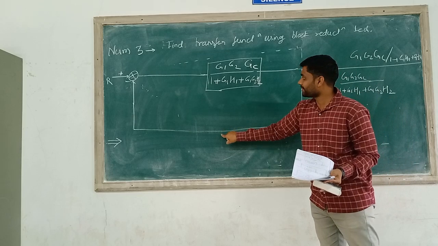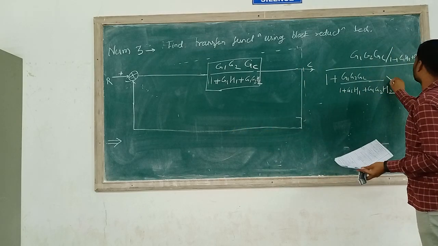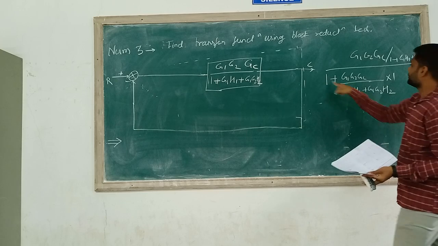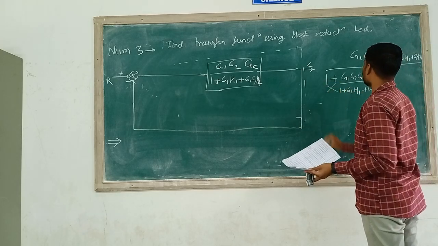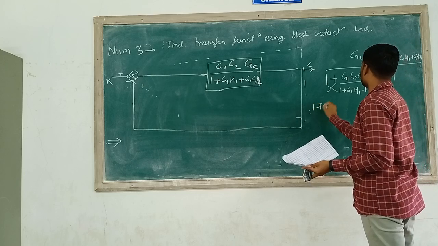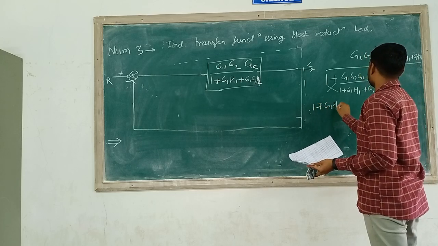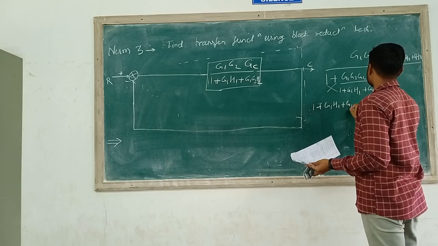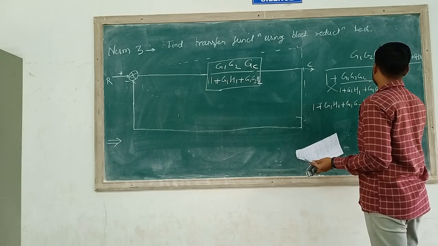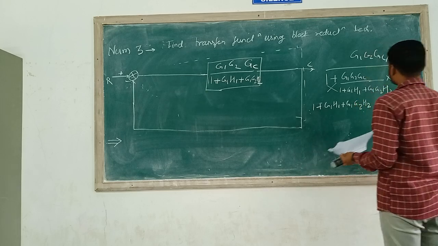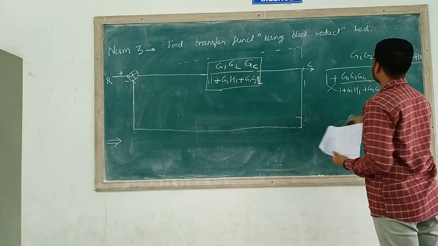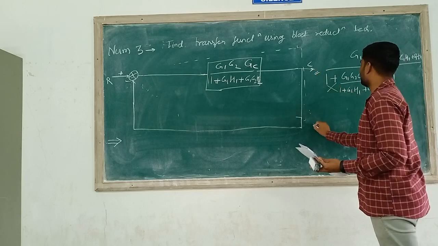The function present here will be taken as 1. So now cross multiplication here, which is 1 plus G1 H1 plus G1 G2 H2. Okay, so after doing this cross multiplication, we get